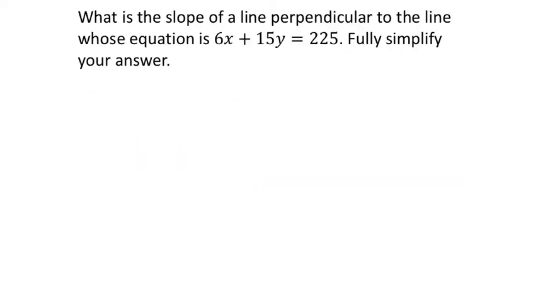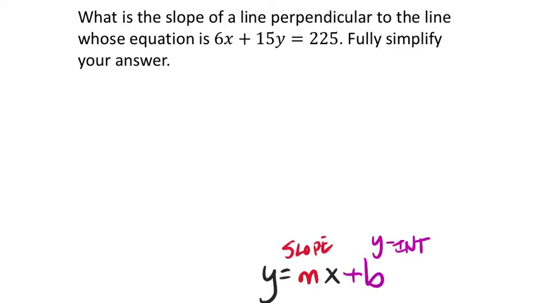So for this example, again, it hasn't given us the slope directly, right? So what we need to do is change this into slope-intercept form, which is y equals mx plus b, where m is the slope and b is the y-intercept. So yeah, this one, even though we don't care about the y-intercept, we're still going to find it just for good practice. So to change this into slope-intercept form, y equals mx plus b, I'd like to first isolate my